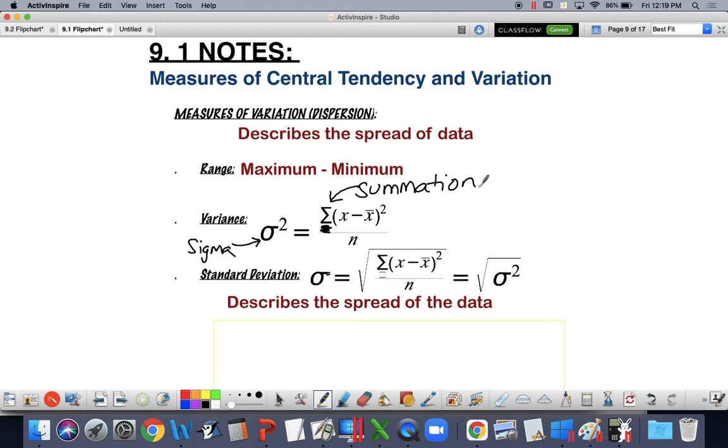And don't worry, this is where we're going to use our calculators to help us do this, okay? What this does is it takes every single data point and it sees how far away it is from the mean. How far is each and every single data point away from the mean? Then we square that, and we divide that by the number of data points in the data set. Yes, I'm going to make us do one by hand. Just one, so we get a feel for it, and then I promise I'll let you use your calculator.